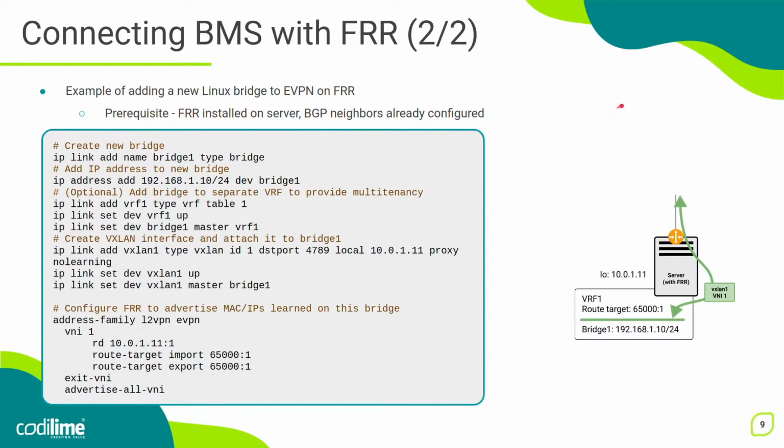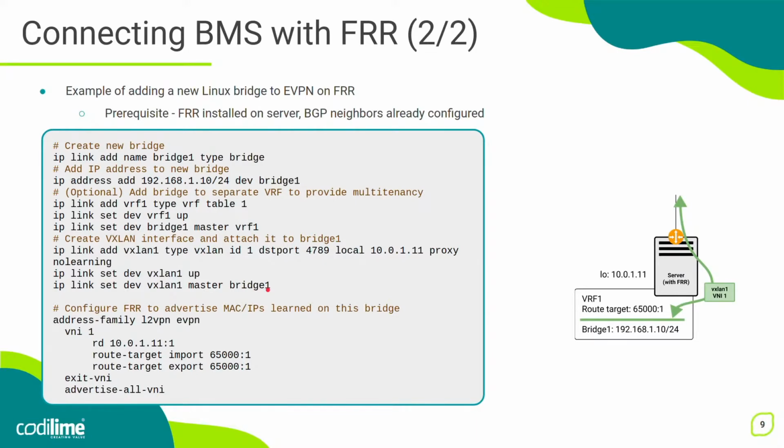And in the opposite direction, everything that is coming through the VXLAN1 tunnel to the server will be sent to the bridge1 interface. In order to do that, we create a VXLAN interface with virtual network identifier 1, the standard UDP destination port for VXLANs, and we also specify that the local endpoint will be at IP address 10.0.1.11, so the endpoint of VXLAN is at the loopback interface over here. We enable this new interface, and we attach it to the bridge1 logical interface.